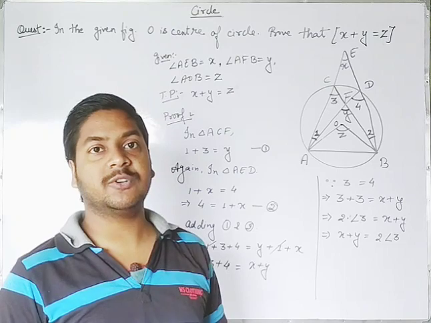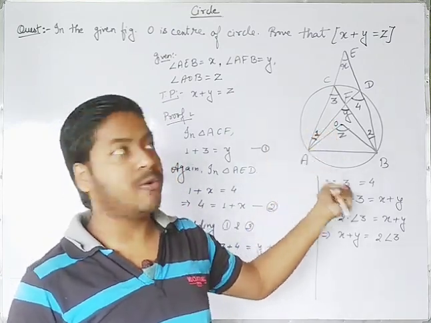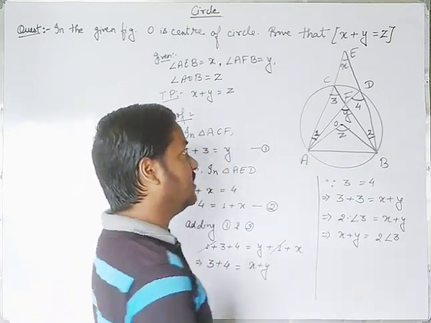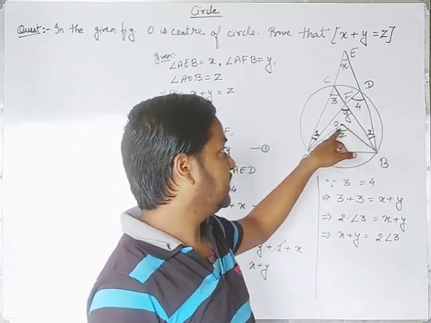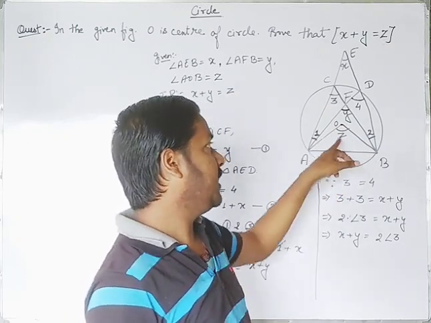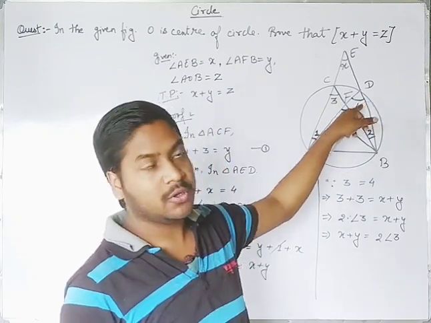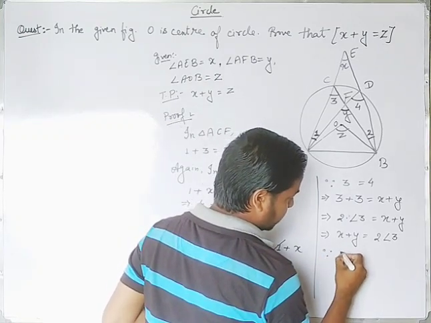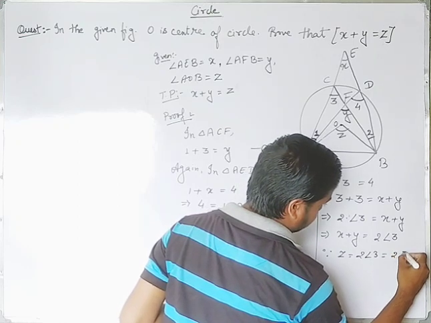Now also in the last video we studied that the circumference angle is half of the central angle, or the central angle is double the circumference angle. Angle 3 is the circumference angle lying on the circle, and z is the central angle coming out from the same chord. It means z is equal to 2 into angle 3, or z is equal to 2 into angle 4.